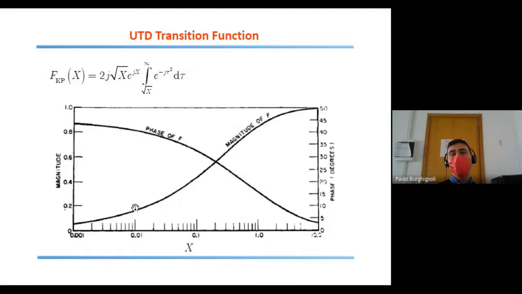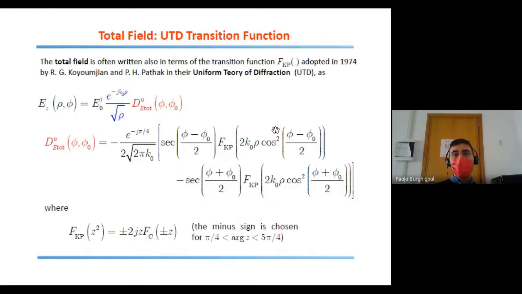Okay, so we have a smooth transition from 0 to 1. So let's say that the black and white world of geometrical optics becomes a whole grayscale mediated by the UTD transition function. Okay, and therefore the difference between those two secant functions weighted by the Kouyoumjian-Pathak transition functions has